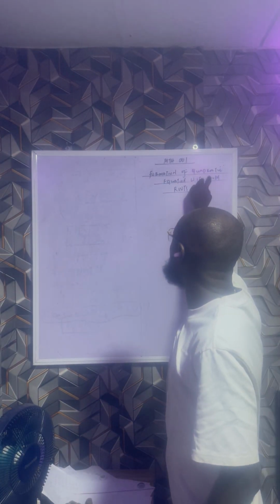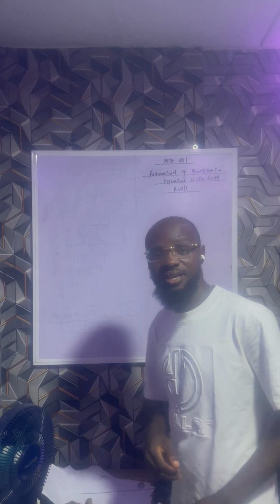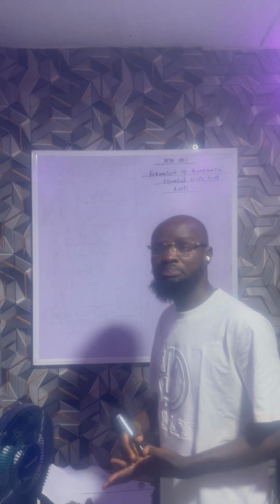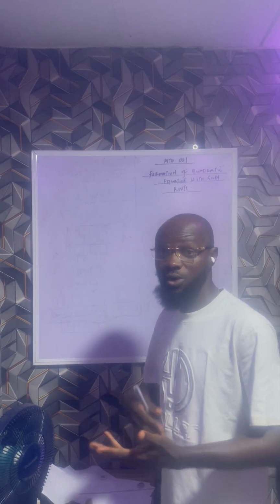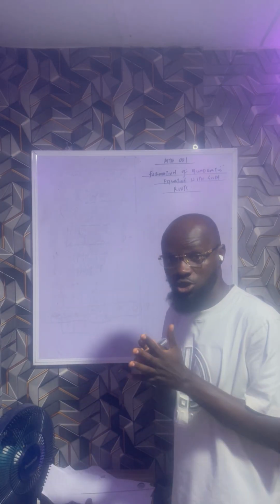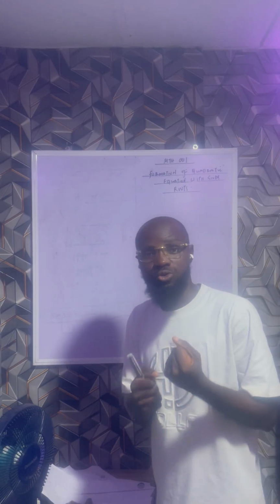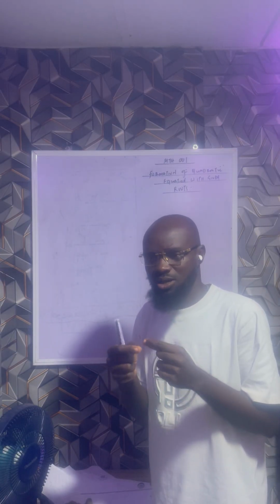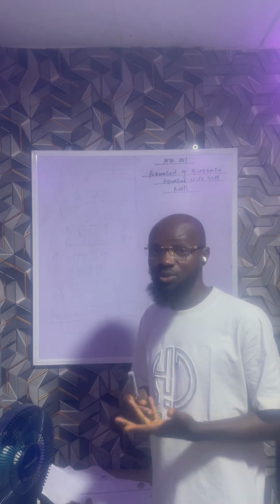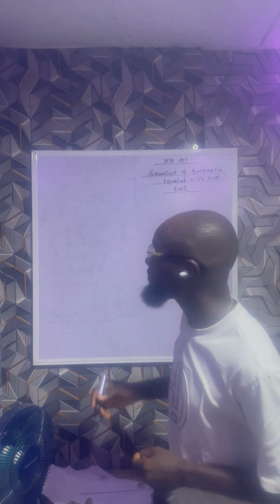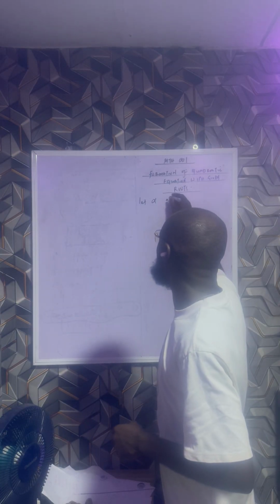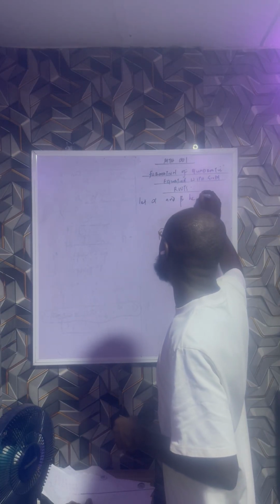Today, we want to check formation of a quadratic equation with given roots. What is that supposed to mean? Once you are given the two roots of a quadratic equation, and you are asked to get the quadratic equation whose roots are the ones given, how are we going to do it? Let's take, for instance, let alpha and beta be the roots